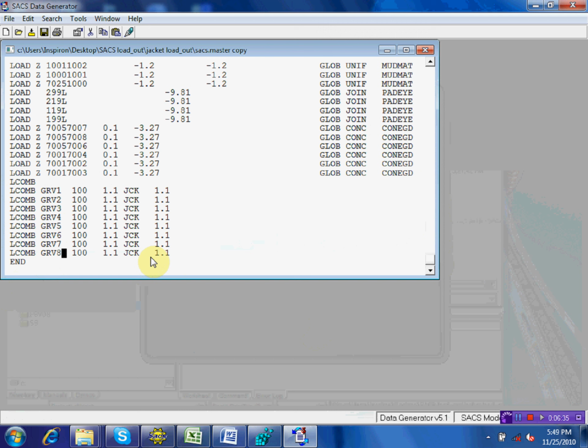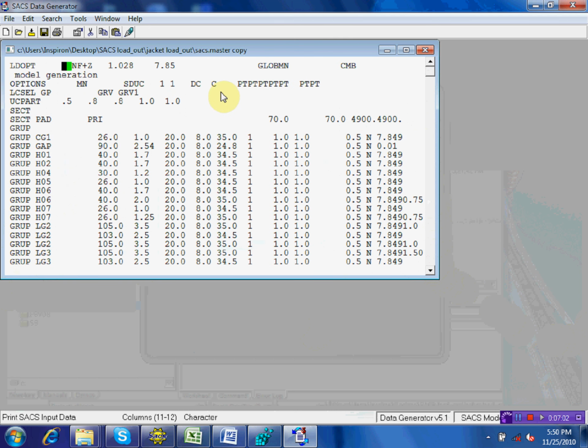Usually, when you make a combination, you should know what that combination is. For example, GRB1, I know GRB1 is loss of support 1. GRB2, I know GRB2 is loss of support 2. Right? Okay. We have now the load combination here. We will update the load select, from 1, 2, 3, 4, 5, 6, 7, 8. Okay. I will move up. Go up. And then in the load select, you should change this to